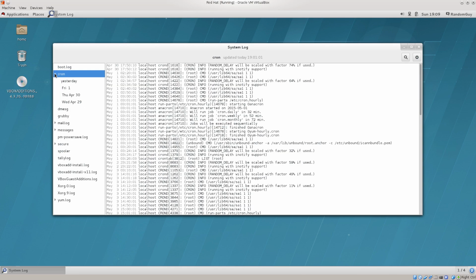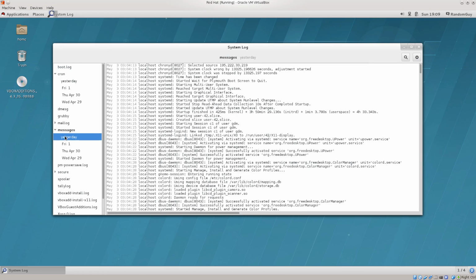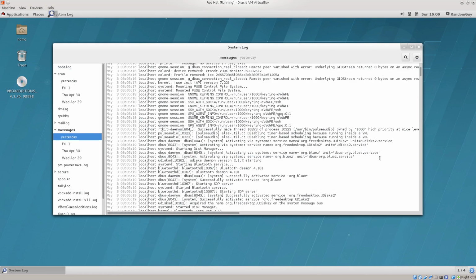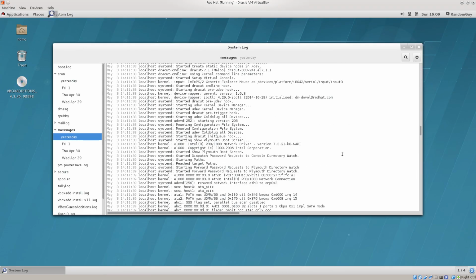I would even argue that this is better than the terminal, as it gives a better overview of the existing logs, and then you can just scroll through them and see what is going on. Generally, people take a look at messages and what was going on in general with the system itself. You just scroll up and down and take a look at these lines. They don't mean much to you now, but